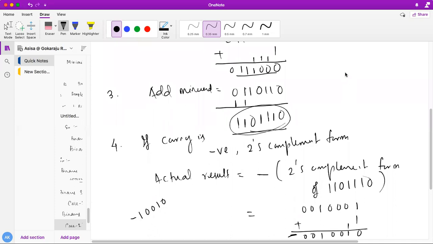So if I perform 54 minus 72, how much will I get? Obviously I'll get around 60, 12 plus 6, 18. So you can see here whether I am getting minus 18 or not. This is 1, 2, 4, 8, 16. So obviously I am getting 18, minus 18. So the cross verification also holds good for it.